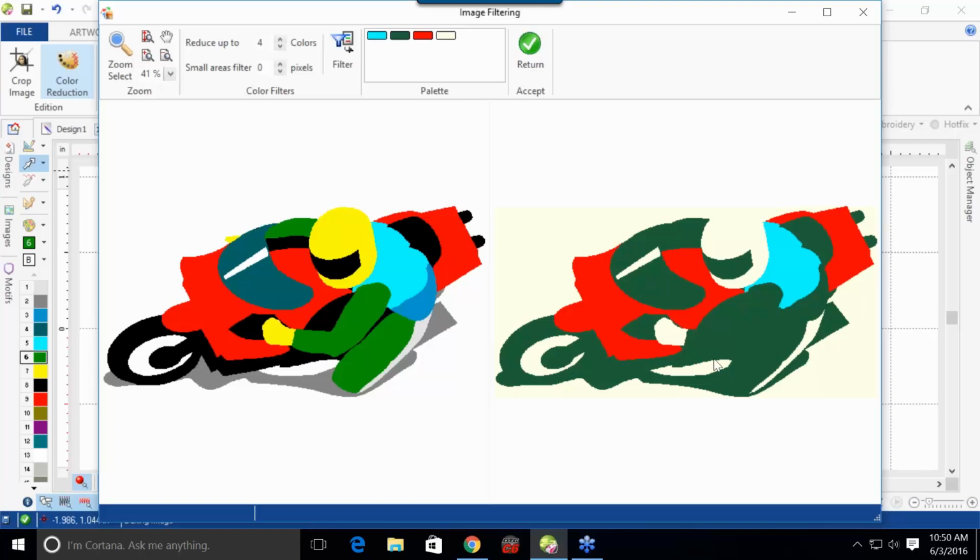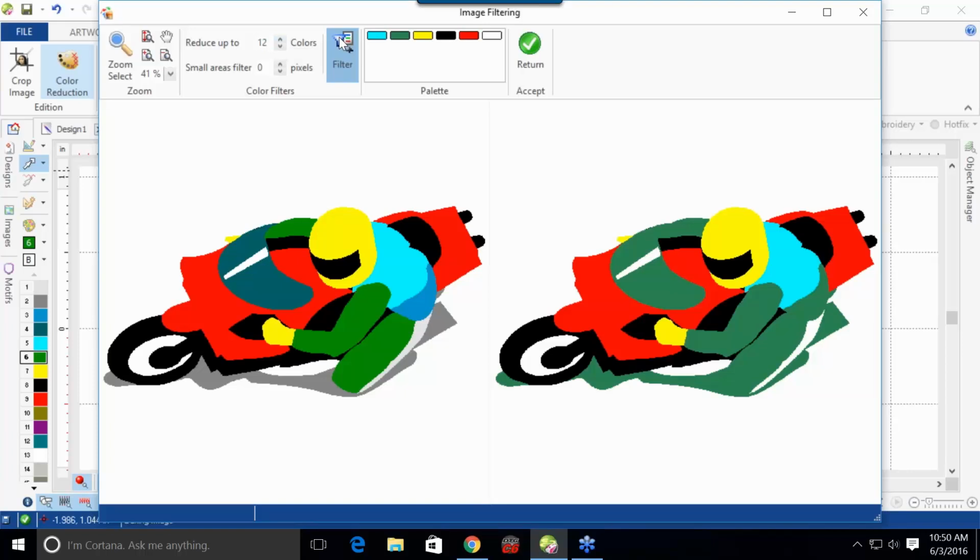But when doing that, it does it the way it wants. Maybe 5 colors, and we'll reduce it to 5 colors. Like, no, a little bit more, go to 6 colors and do it that way. The other way that you can do it is if we'll make this more than what it has, we'll filter it,